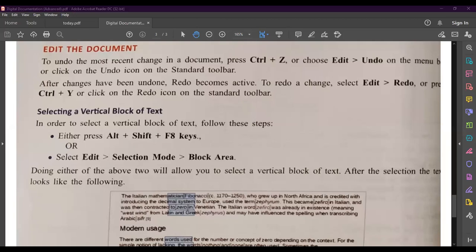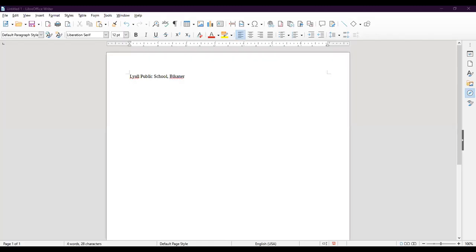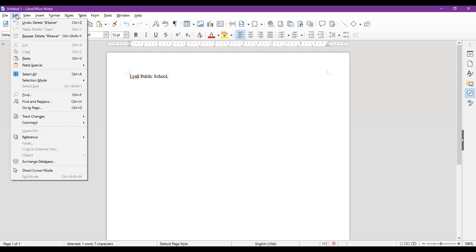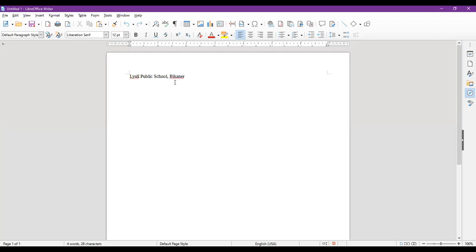Now you can observe that, as I have written class 11th, for editing the document we can use Control Z for undo and Control Y for redo. Supposing I have deleted this Bikaner, and if I want my Bikaner back, then I need to click Edit. Here you can find Undo, and by pressing Control Z you can also undo.